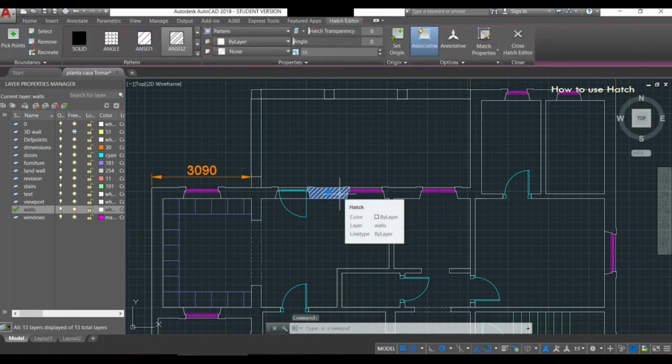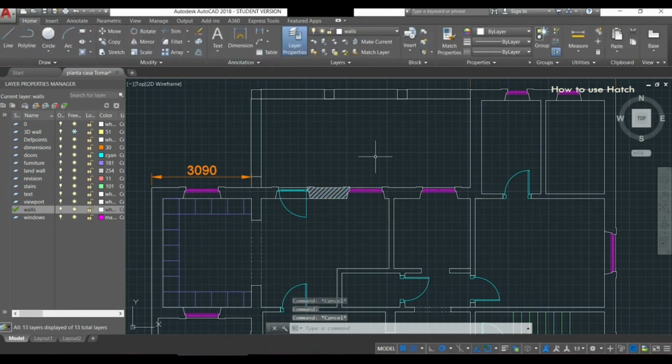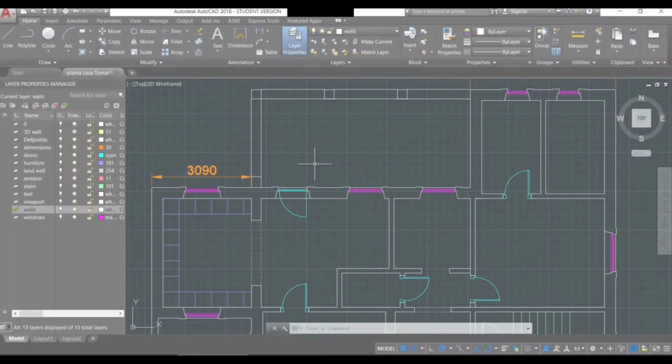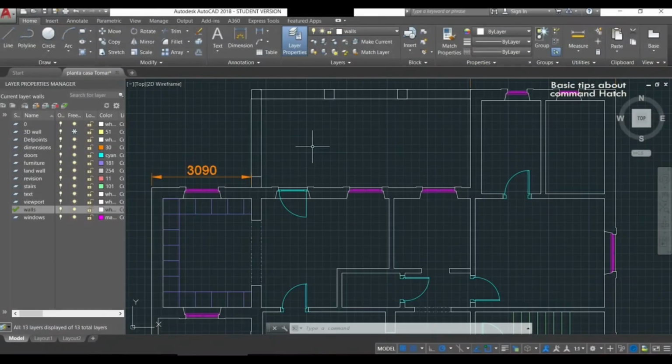Then you can press enter or escape to leave the command. As you can see, the hatch I have just created, I can click there and select it as it is considered an independent object. Now that you know the basics to use the hatch command, I must say something.